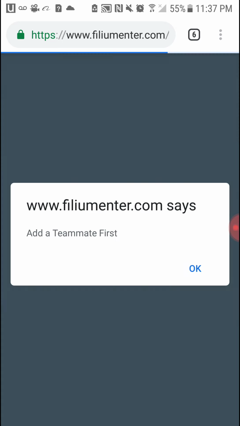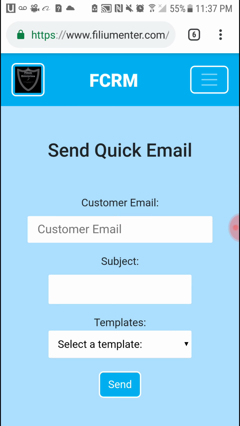Send the action item out. And once you send it, well, see, in this case, the team is not added, so it's prompting you to add a teammate first. And once you do that, then that action item will go over to that teammate, and you're here networking with people, and your teammate knows what exactly is going on. They can actually log into the teammate panel and actually go